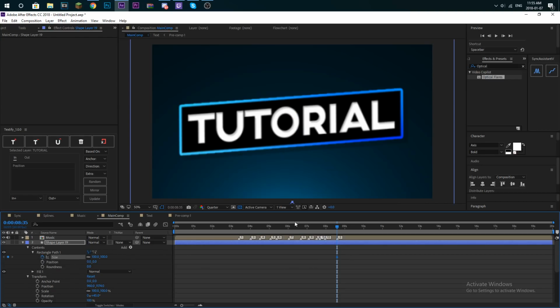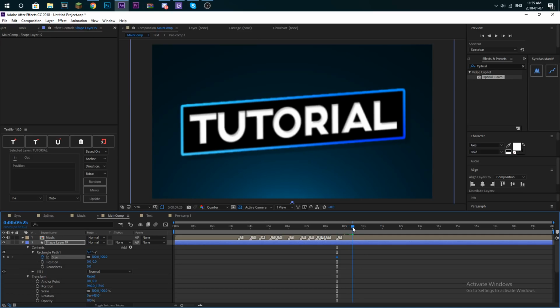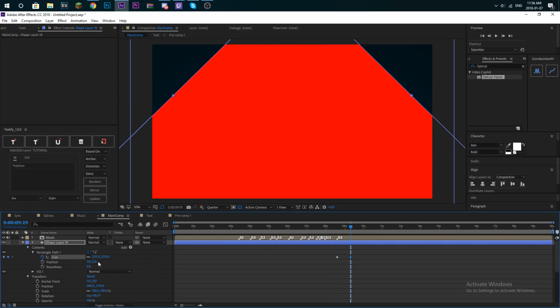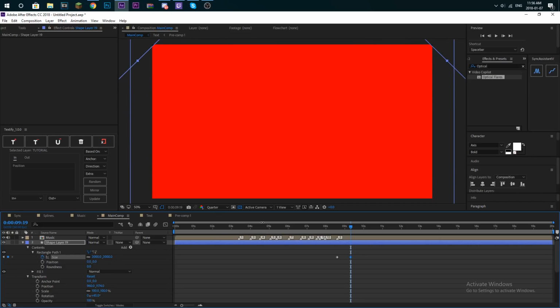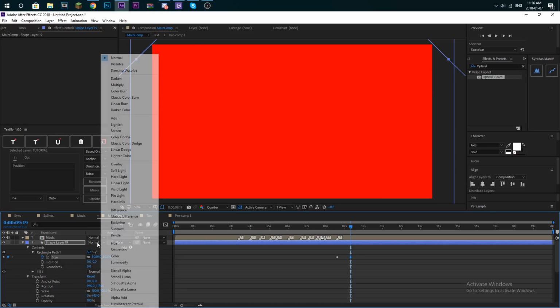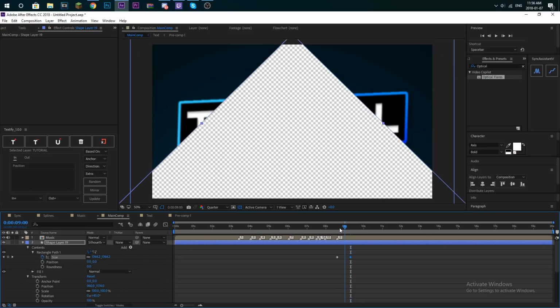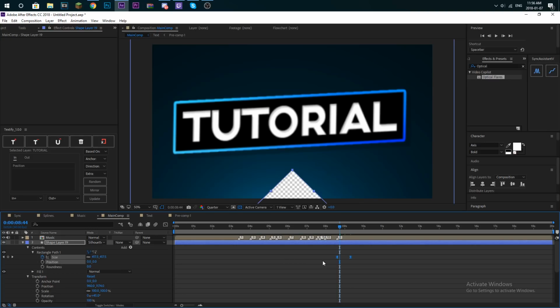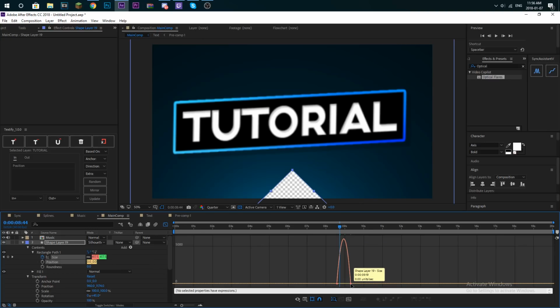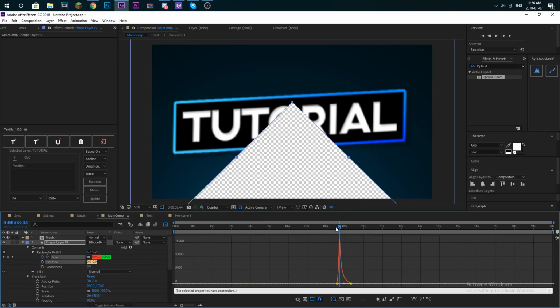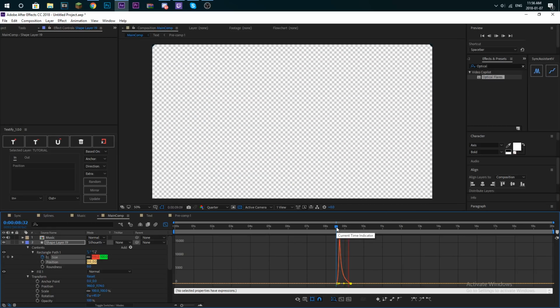And then size, right when it hits that beat, you can just scale it up like that, just so that it goes right off the corner there. And you want to add silhouette alpha. But make sure that it's F9 and you want to make it like that. So now